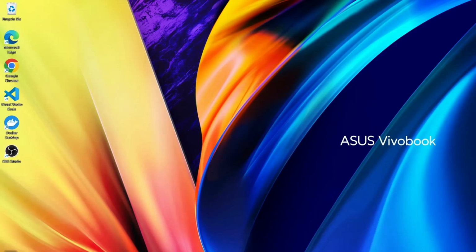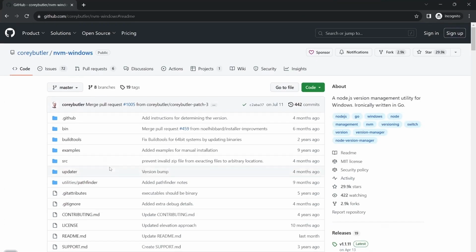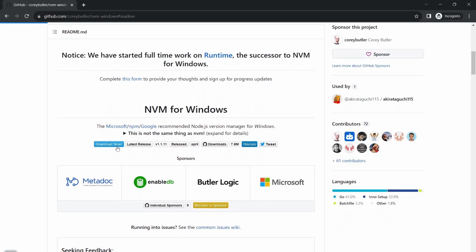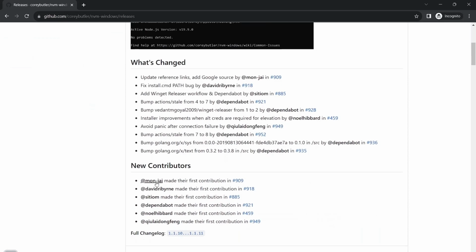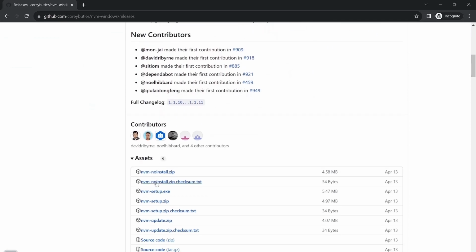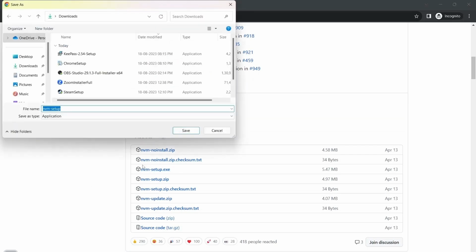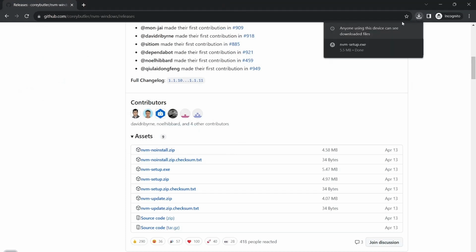Here we have used the Git repository nvm for Windows, and in that we have seen the download page where you can find the latest versions of the NVM Windows. The current version is 1.1.11. Here you can see the assets where their libraries are mentioned. So we have selected nvm-setup.exe and we are downloading it right now, and as its download completes, the notification will be shown to you. Click to install,